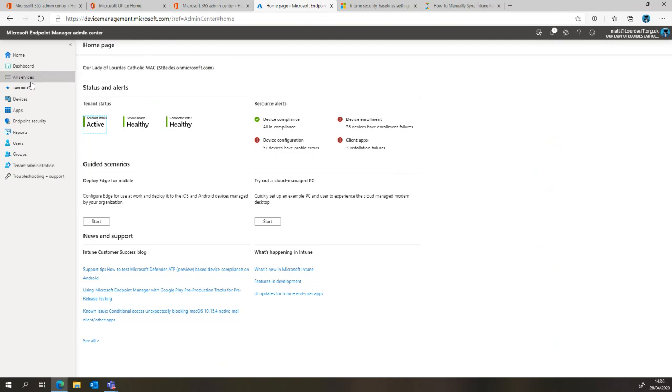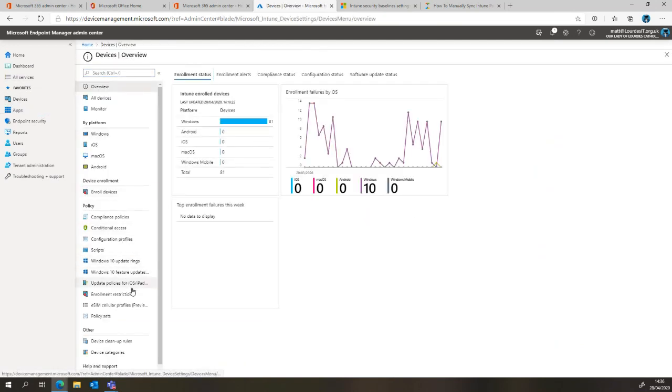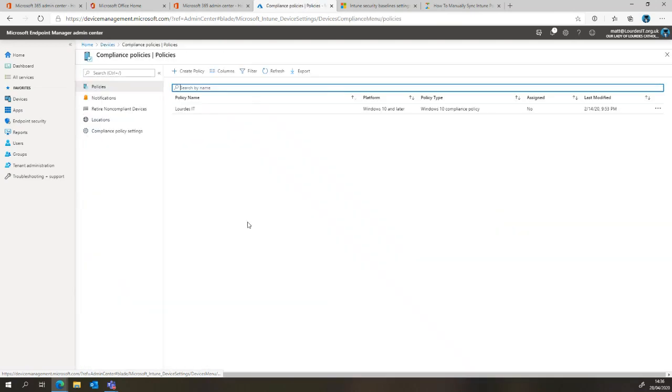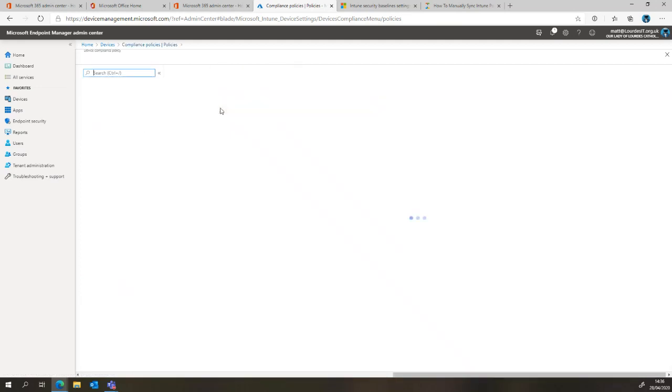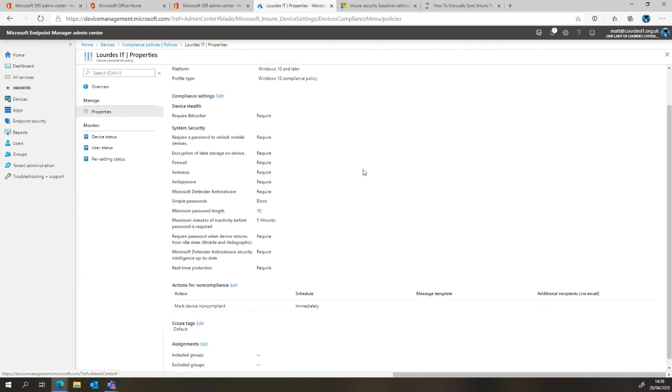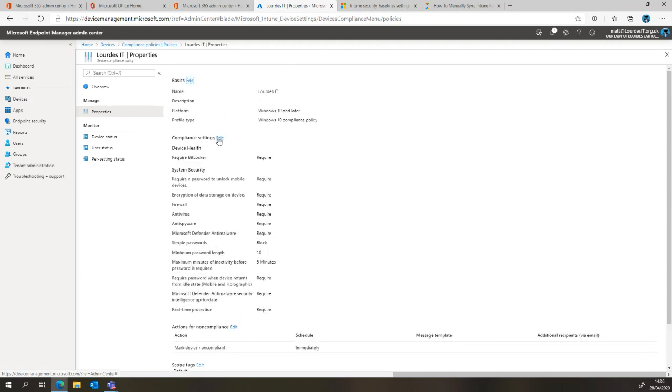Somewhere on here, you set on your devices the security, and I thought it was in compliance here. We've got the Windows 10 one. It says it's not assigned to anybody, but let's jump in anyway. So here you can see we require BitLocker. We require a password to unlock it. We require them to be encrypted. We require the firewall to be on, the antivirus, the anti-spyware all to be on, and we require Defender to